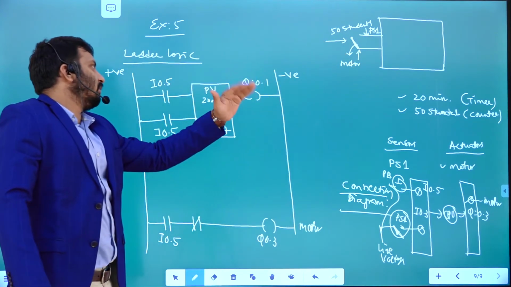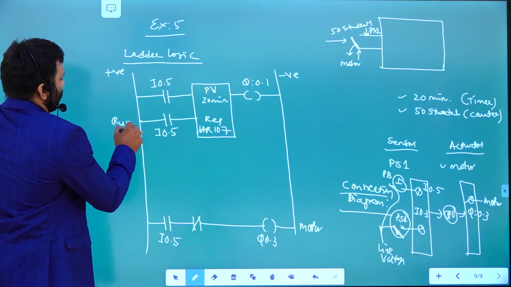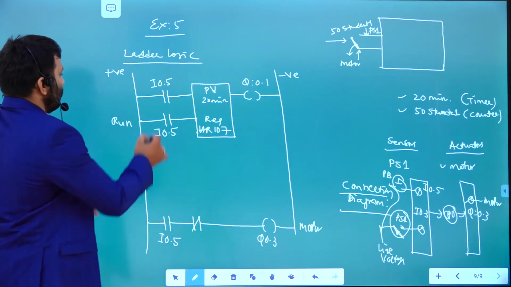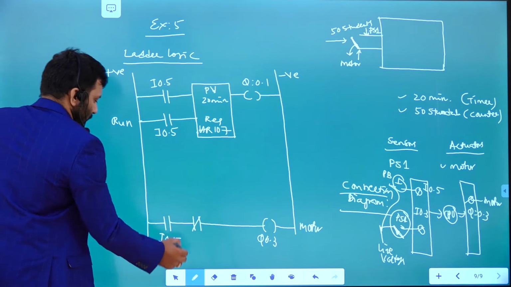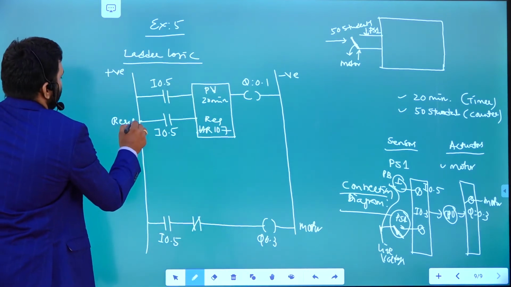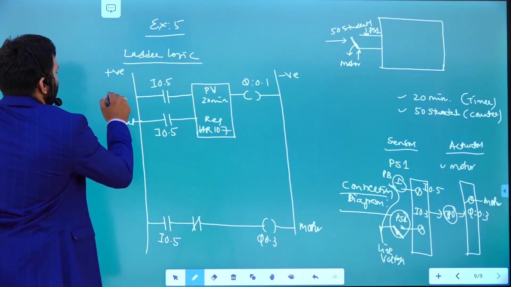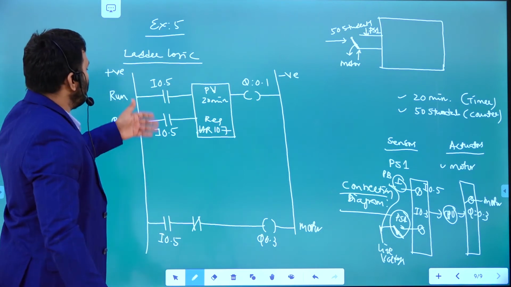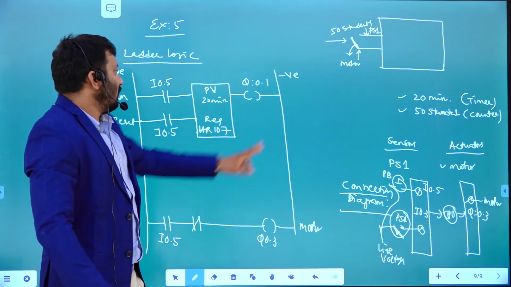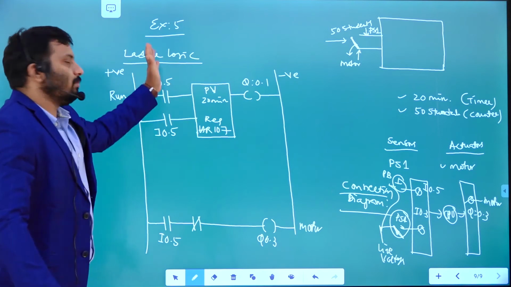Whenever it's open, start timing, right? So that means this is the run, start run. At the same time it's going to run. Sorry, this is the reset contact to reset this particular holding register. Then it needs to run. Both reset and run are going to start whenever you push the button: door opening as well as start timing will take place.